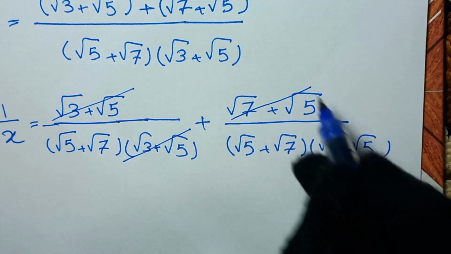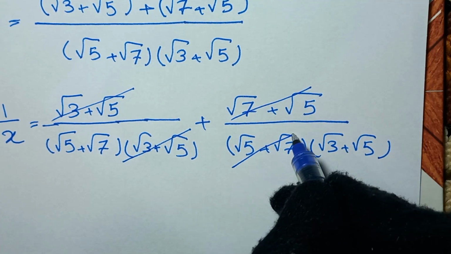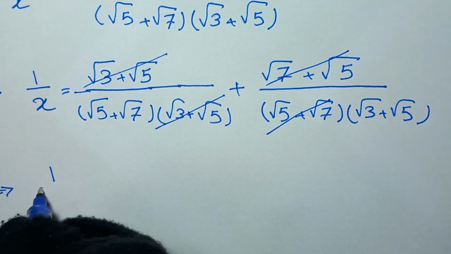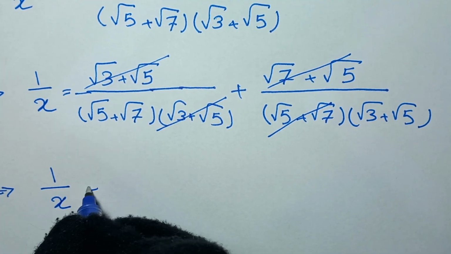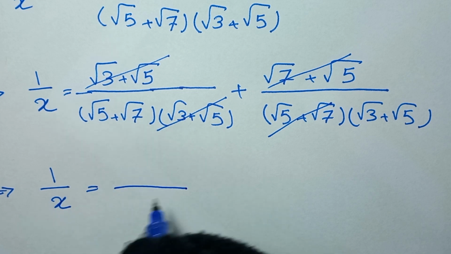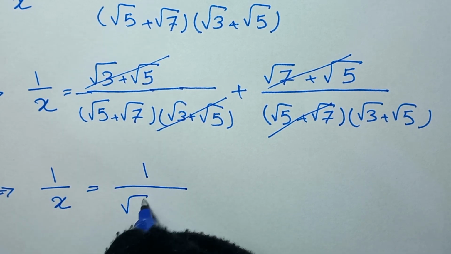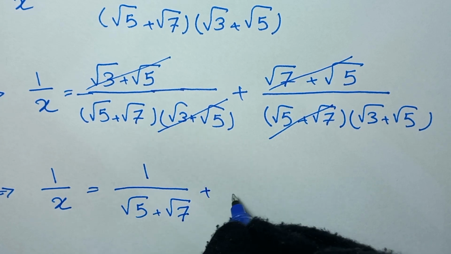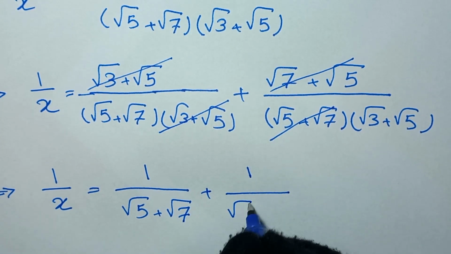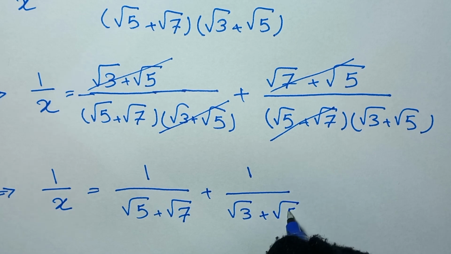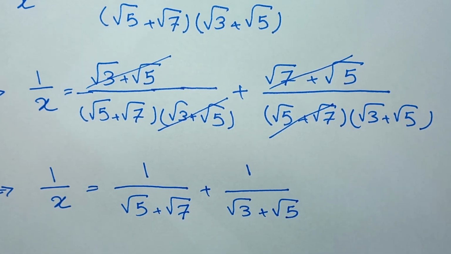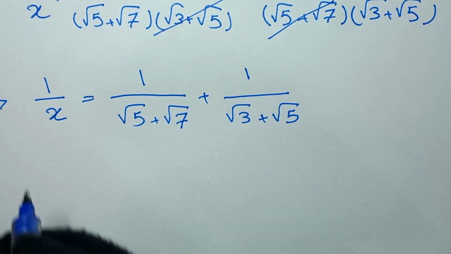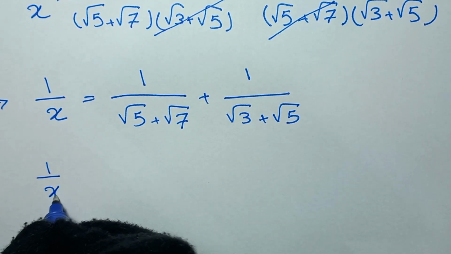And this will cancel this, and it will be 1 over x is equal to 1 over square root of 5 plus square root of 7 plus 1 over square root of 3 plus square root of 5, right? And in the next step, we rationalize these two fractions and it will be 1 over x is equal to,